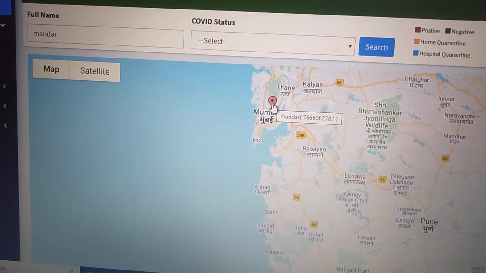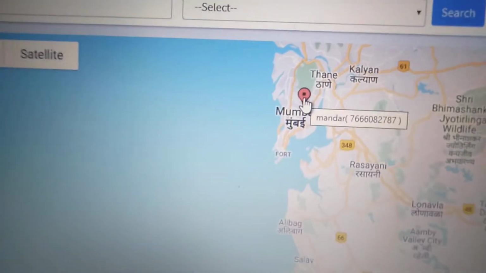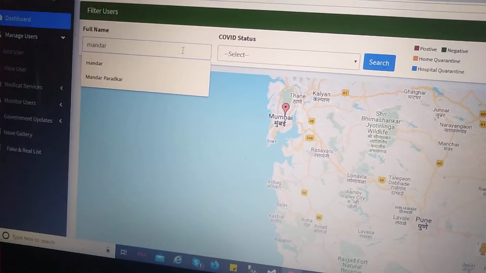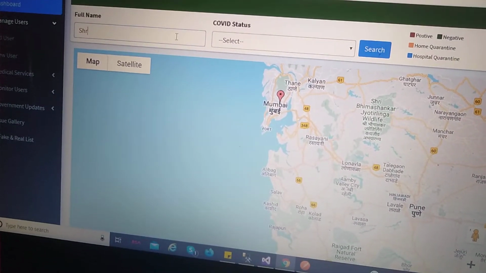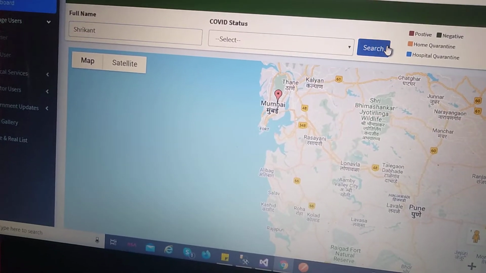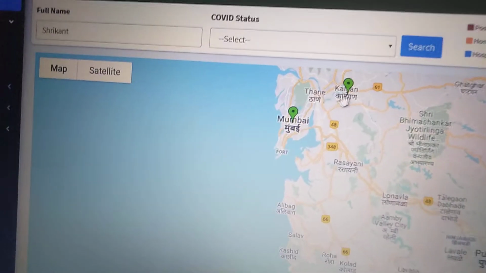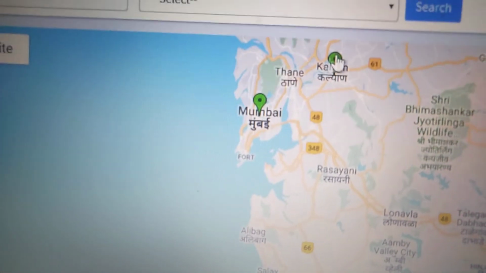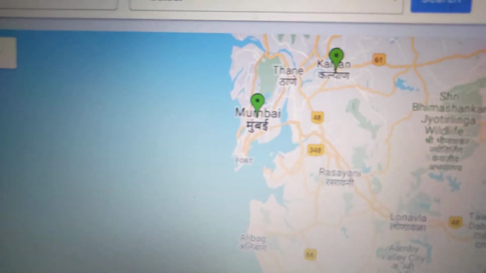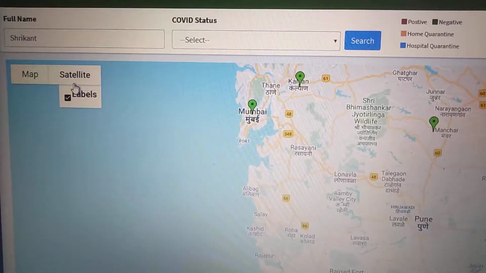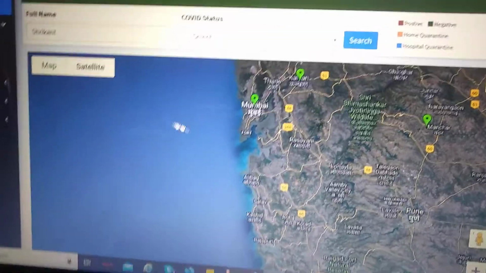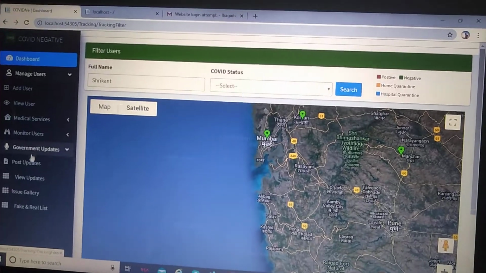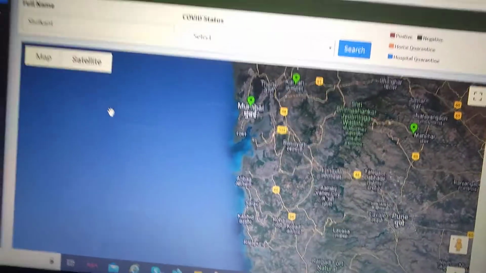Okay, so this is another user who is positive. He is positive, so we are getting the name of him. So this is how we are actually going to track the people. Okay, and we entered another name, but they are negative, so we are getting a blue yellow green balloon now. So this is the way we are going to track each and every individual who has the application, and this is an accurate, real time thing that we are doing. This is very helpful in the war room for the governments.